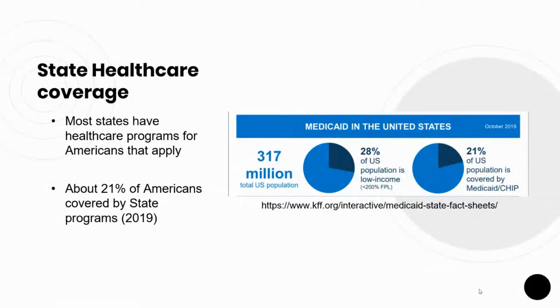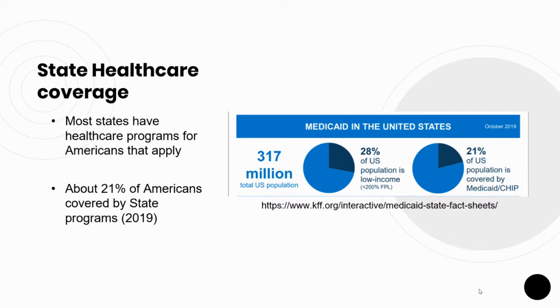In terms of the number of people covered under those programs, about 21% of Americans are covered by these state programs. Now, I made sure to note that was in 2019. I wanted to give you an understanding of how this worked pre-COVID-19, but obviously, given the situation we're in, I'm sure the number of Americans that have applied and are covered has gone up significantly. As you can see in the graphic to the right, 21% of the population is covered by Medicaid and CHIP, and it makes sure to note that